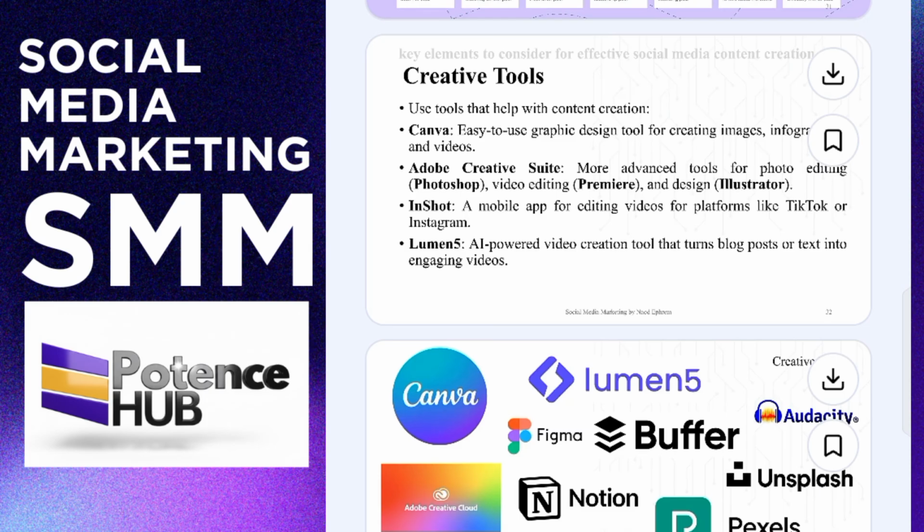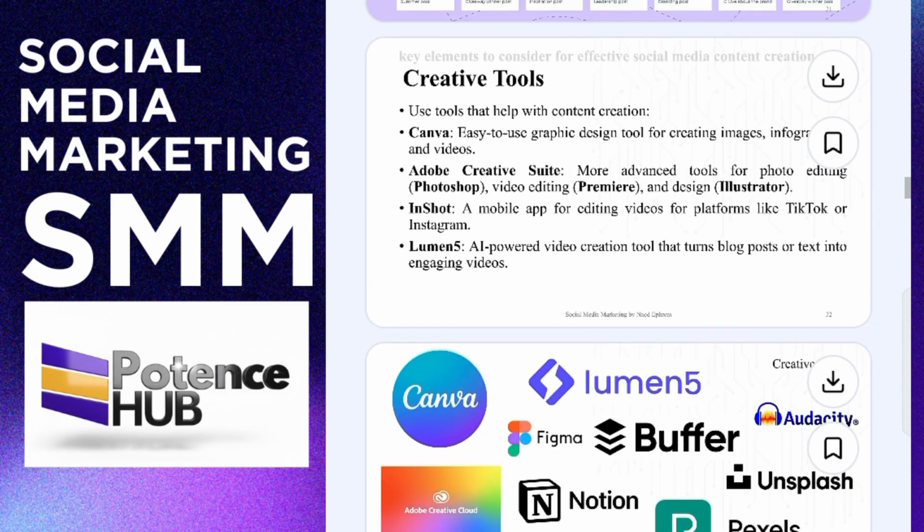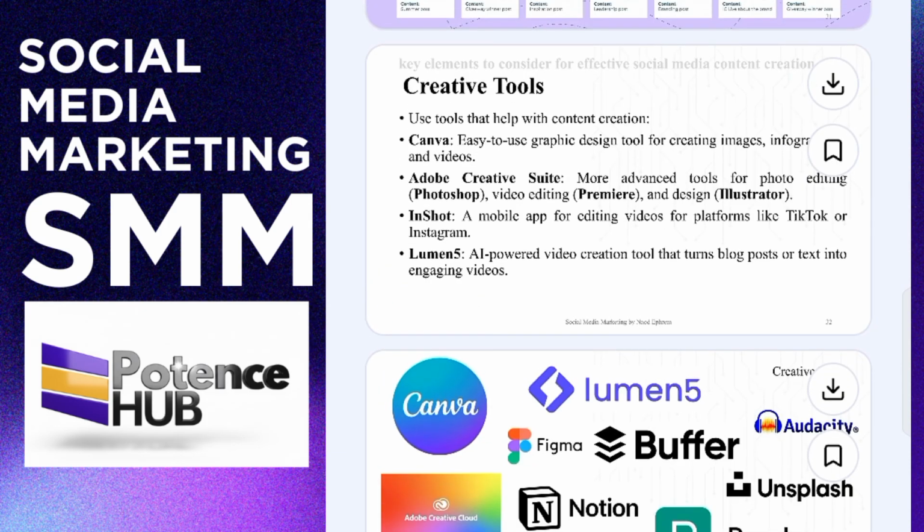and how you've been able to work on yourself. Now, we also have creative tools which you could use to create all of this content. We have Canva. Basically, you could use Canva, you could create videos, you could create images, you could create text, and some of that. We have Figma for UI UX and the rest of that. We have Notion. There are a couple of them. A whole lot. Audacity for audio. You want to do podcasts, you could use Audacity. You have Lumen5, AI image generators, and all of these tools and the rest.